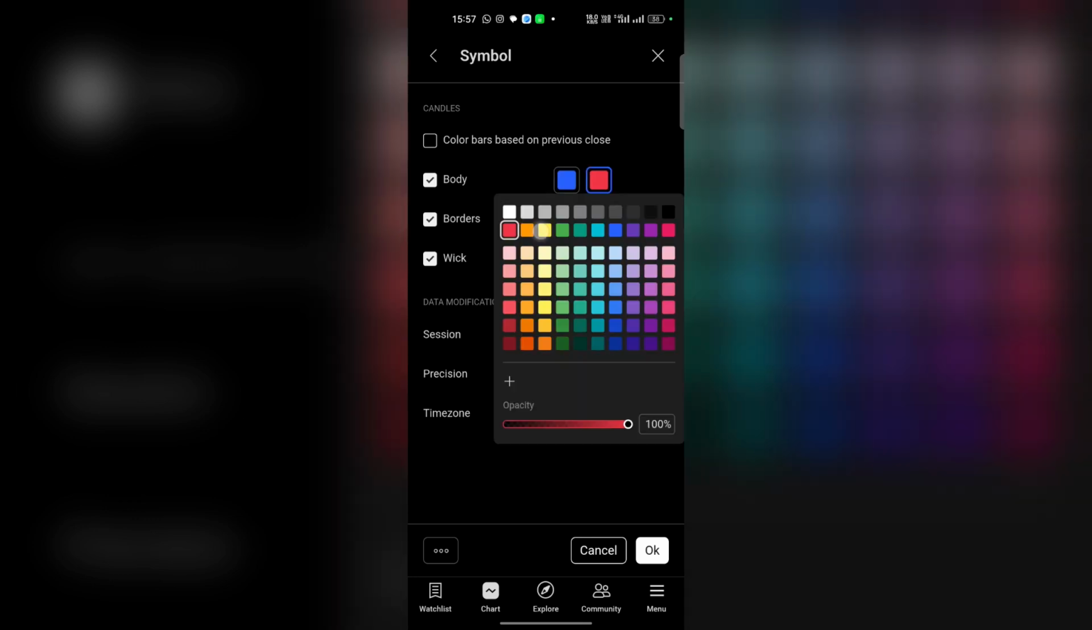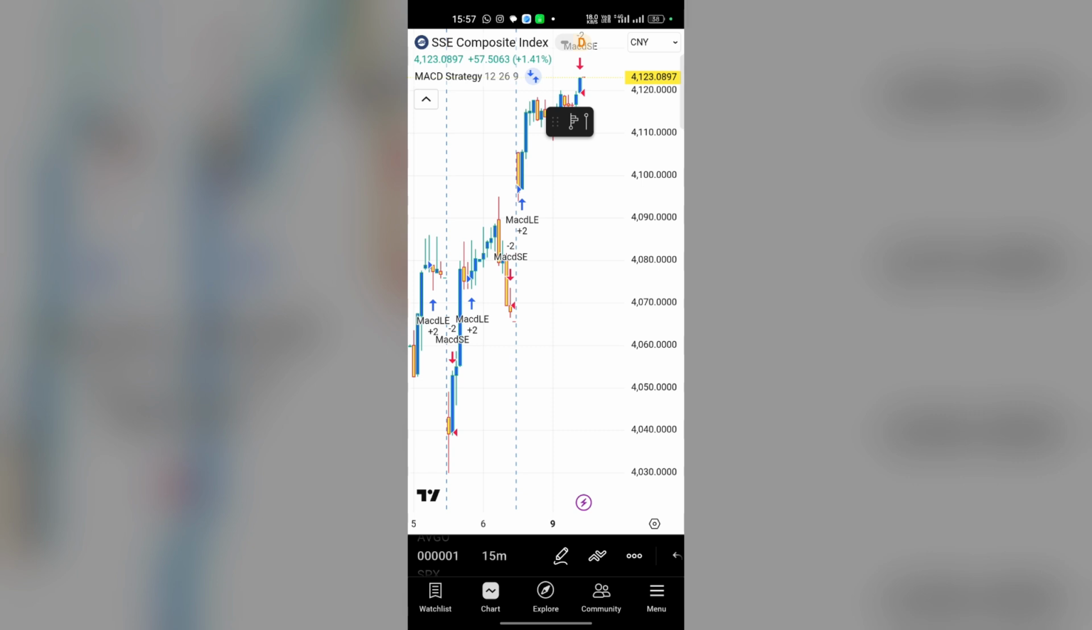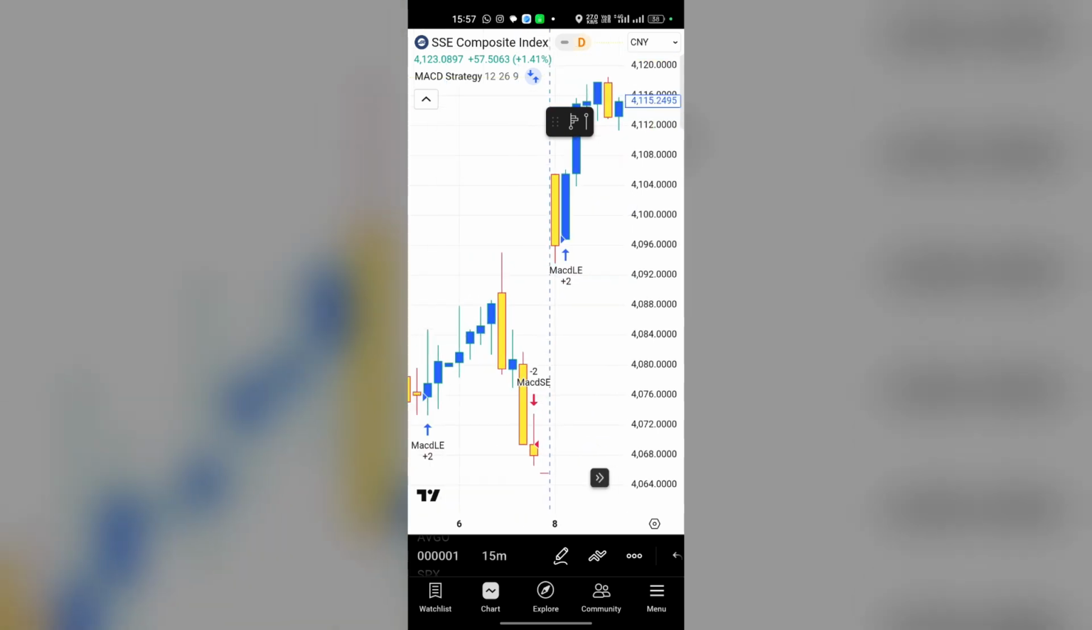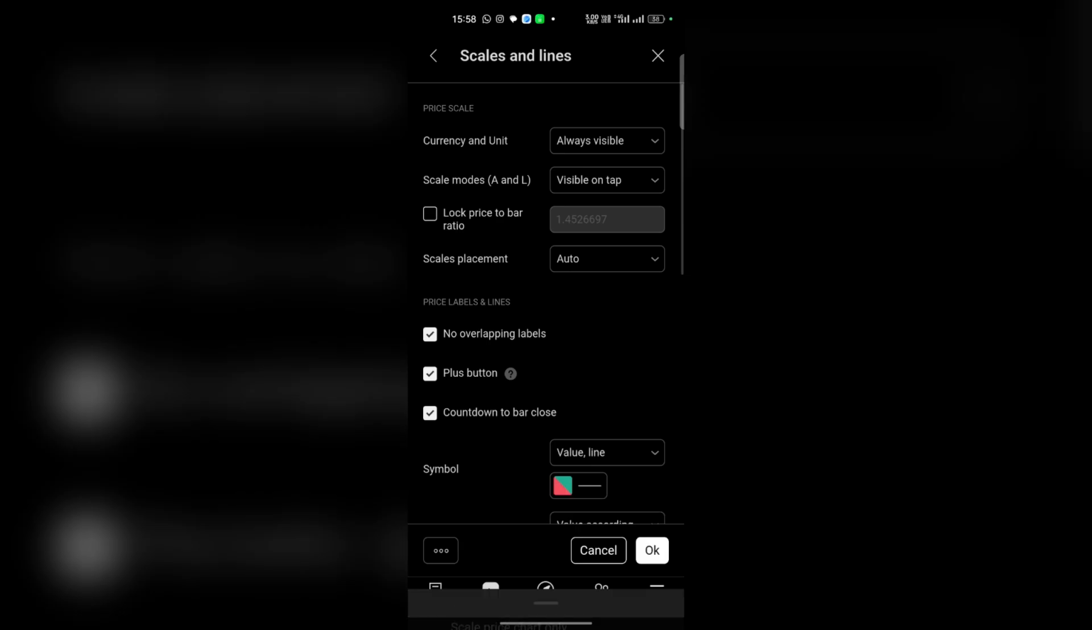Okay, do it like this and press OK. And now here you will see my candlestick colors have changed. You can do the same for other sticks like